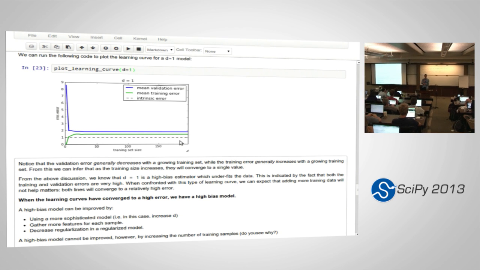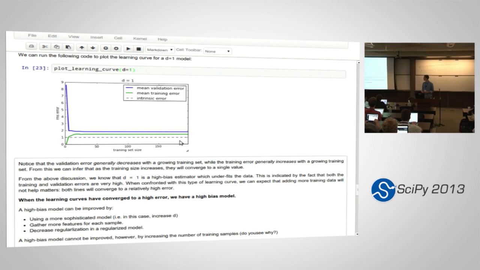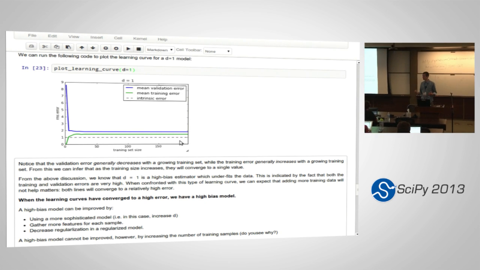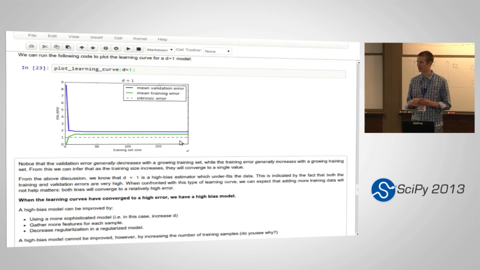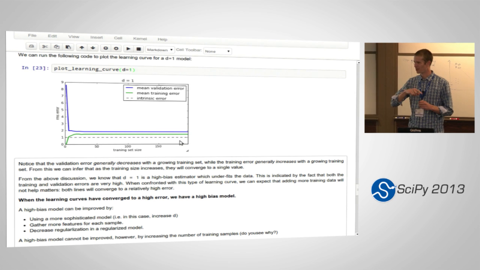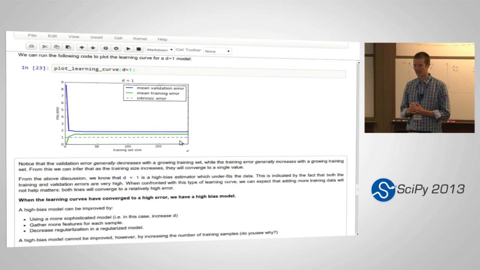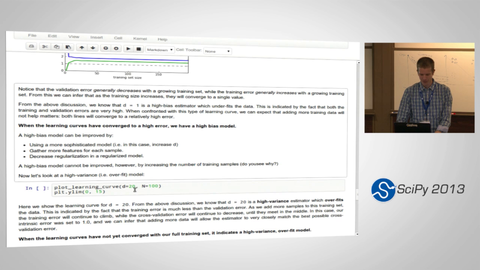What it's saying is that below, say, 20 points or something like that, a d equals 1 model is probably doing pretty well, and you might not be able to do much better. But higher than 20 points, you see more aspects of the training set. So it's kind of all together. We'll see this a little better if we actually plot a